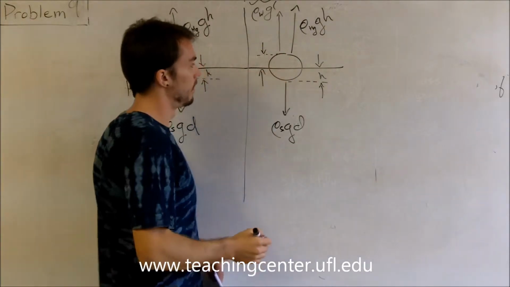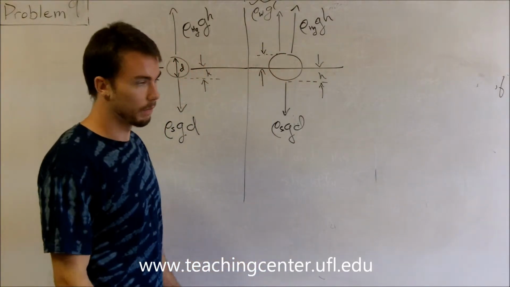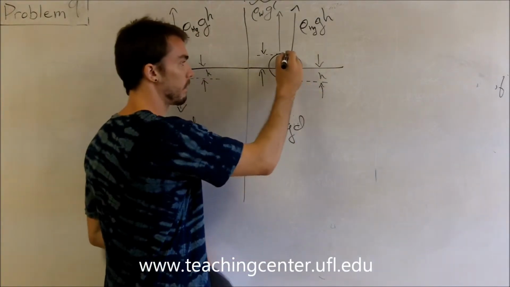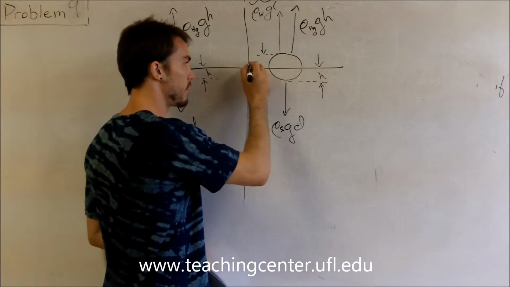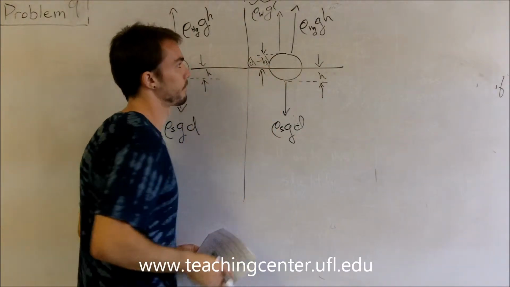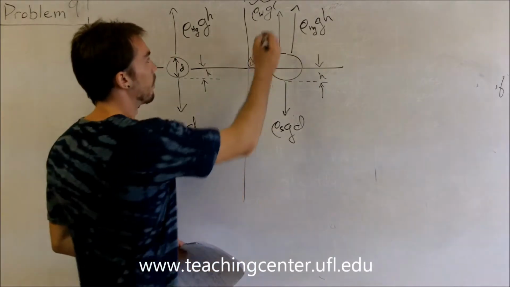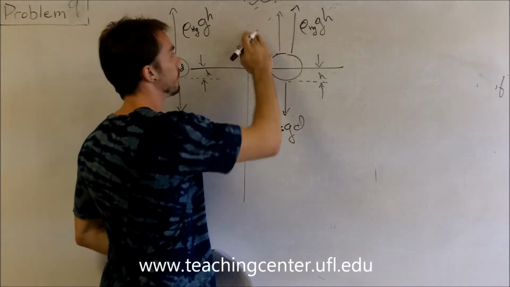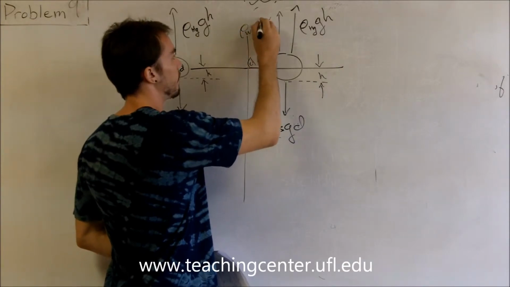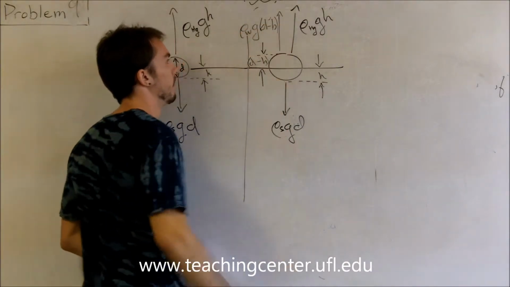This distance. So rather than coming up with a new variable, I'm just going to write it in terms of things I've already expressed. So that's just going to be the diameter of the ball minus h. Okay? So, you can see it: density of water times gravity times d minus h. Now,